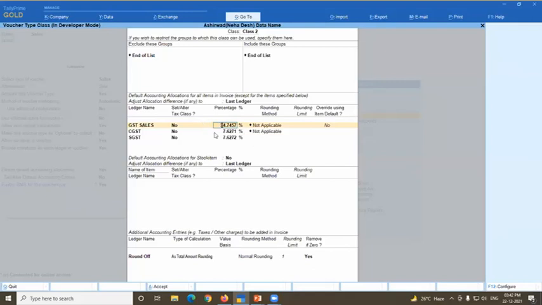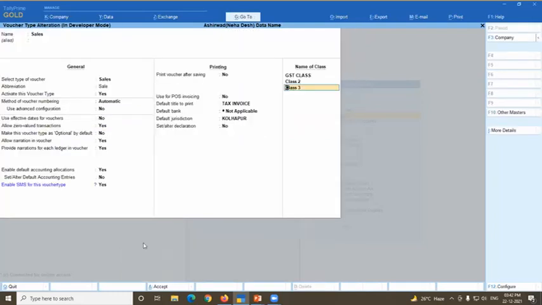See what happens if that setting is done in Tally and how Tally accounts for it. See here, CGST, SGST and GST sales. I am putting a formula, 100 divided by 118 into 100. I am assuming that whatever price is entered by the user is inclusive of GST, and I don't want to create separate accounting for CGST and SGST on the invoice. I want simple posting in accounting.